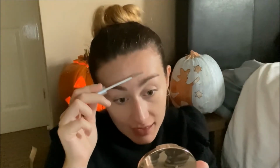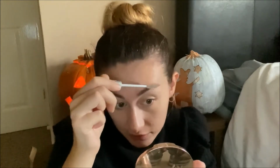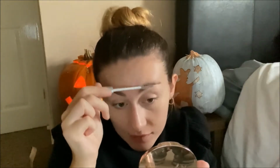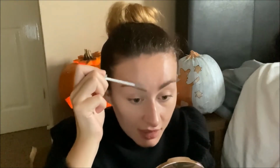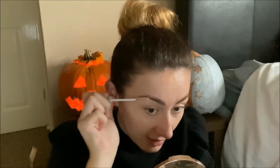Now that I've done my brows, I'm going to set them in place with my Lasting Collection clear eyebrow mascara. It's actually a mascara, so it's just a clear mascara. When it comes to autumn makeup, straight away I think of oranges, browns, obviously typical autumn colours like bronzy, orange,